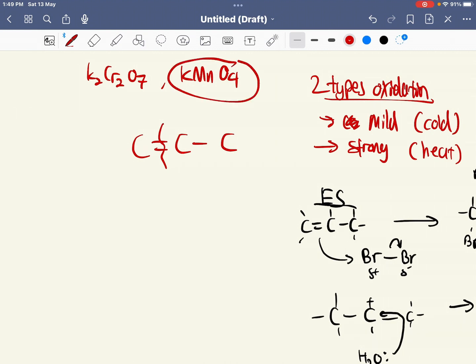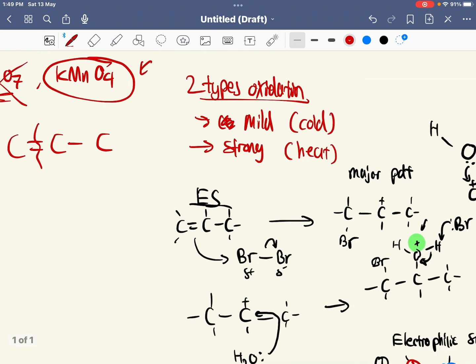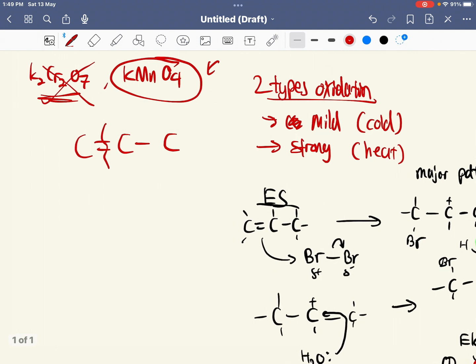That's why I must use a stronger oxidizing agent, so it's KMnO4 rather than potassium dichromate. So potassium dichromate is no. The oxidizing agent that we always use here is KMnO4, potassium manganate. Okay, so